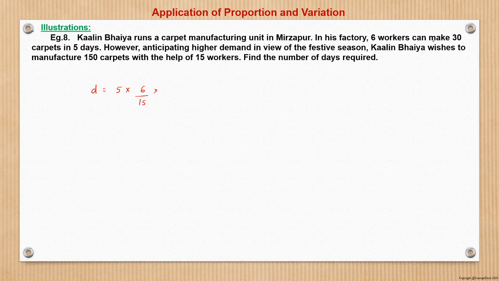Now second factor is carpets. So more carpets, more days required. So it is a direct proportionality. So here we have to produce 150, so 150 upon 30. It has a multiplier impact, right? So this we can now solve as 15, 10 times, this 10, 3 times, 3 divided by 2 times. So this is D equal to 10 days, right? Very simple, just a one-line thing to solve this question.